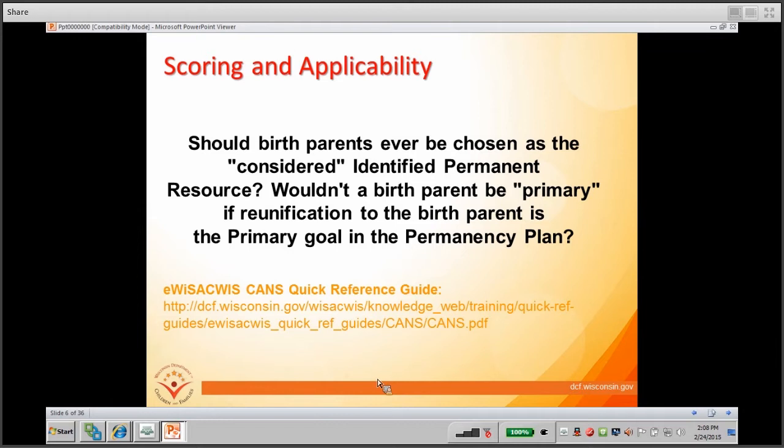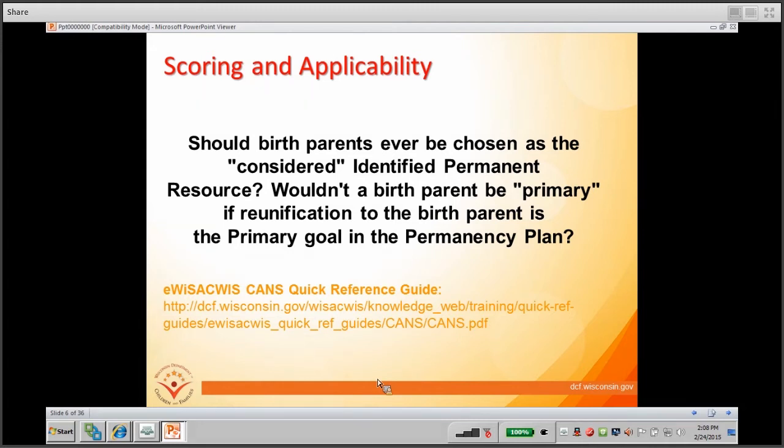So an IPR is how it's referred to at times, the Identified Permanent Resource, depends on whether or not the permanency goal is reunification. If the child's in placement, the out-of-home care placement provider would be the current caregiver, and if you're expecting to reunify the child with their parent, then you can choose the parent as an Identified Permanent Resource for scoring purposes. And again, there's more in the Quick Reference Guide about that.